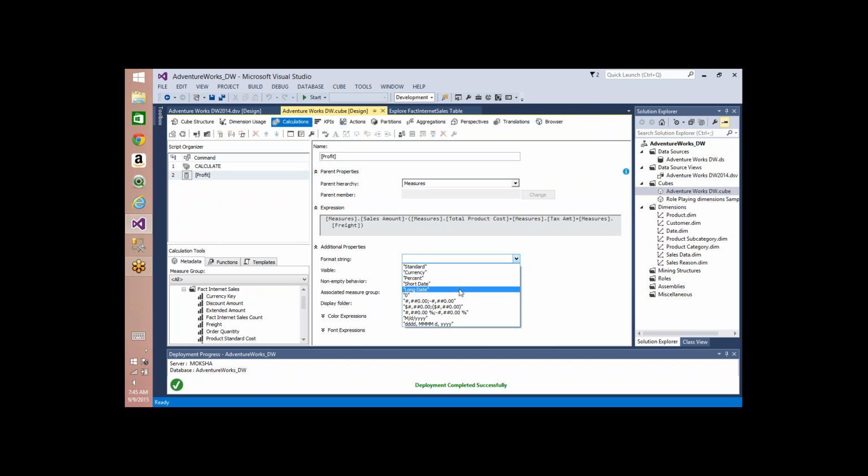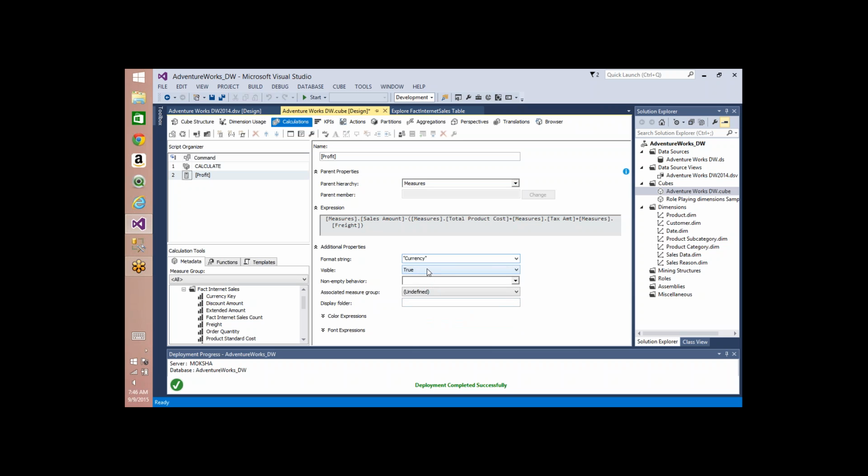So I can select either currency or this value. This is the name of the format, and this is the representation of the format. If you see, this 0 means there will be no decimal values. Here standard is equal to this one, which if you select either standard or this one, it will go with 2 decimal values. And currency and this one is same. So if you select these two, then it will be adding dollar sign to the value, and it will limit the 2 decimal values. Similarly, percentage and the date and so on. Let me go ahead with currency,